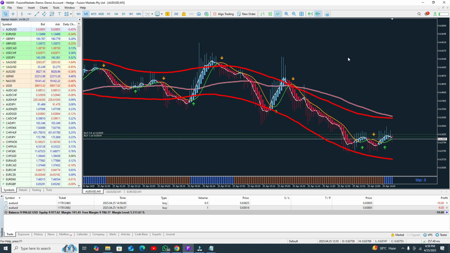Okay, in the 5 minute time frame you can see I got one position and I opened my two positions here. I am just waiting to see if the market goes downside. Then I need to open one more position, but let me show you more details about this MT5 system.